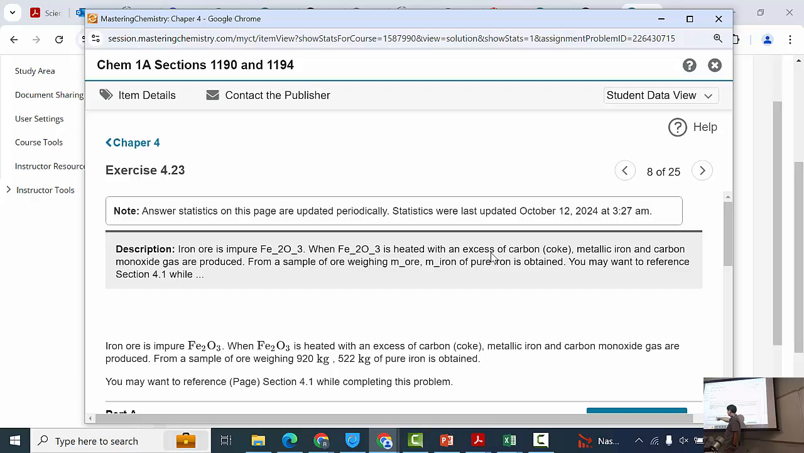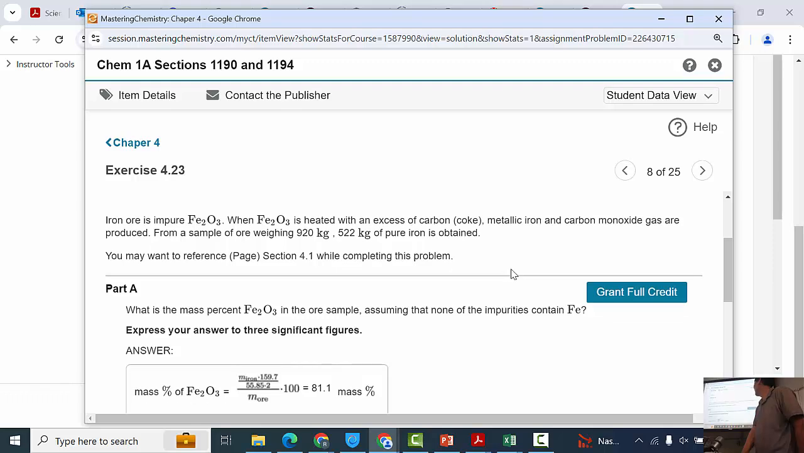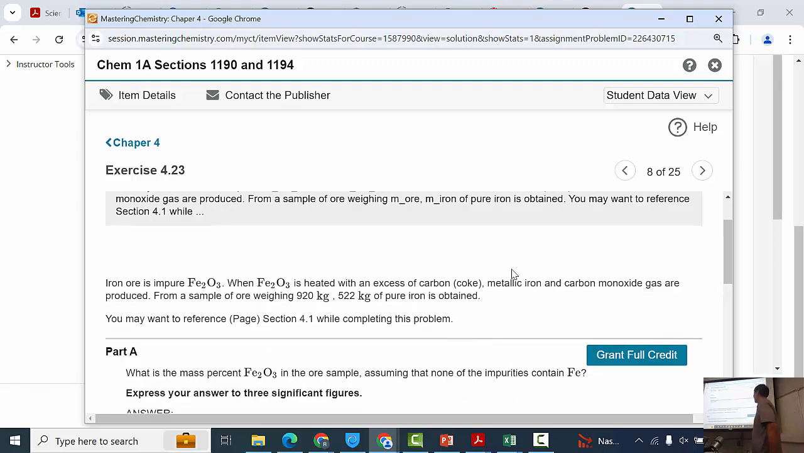So iron ore is impure iron 3 oxide, or rust. When iron 3 oxide is heated with an excess of carbon coke, metallic iron and carbon monoxide gas are produced. From a sample of ore weighing 920 kilograms, 522 kilograms of pure iron is obtained. So in this particular problem, what is the mass percent of